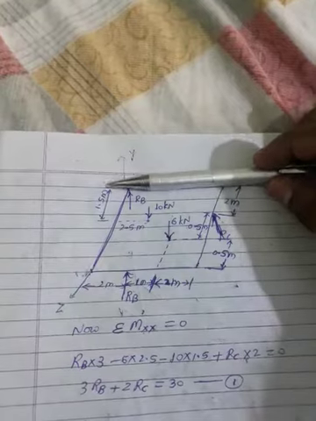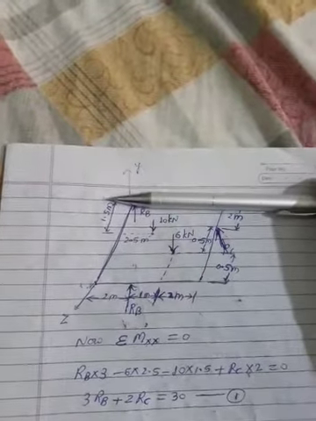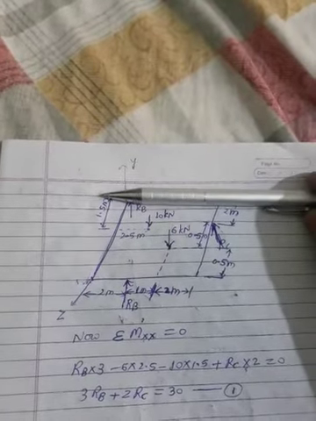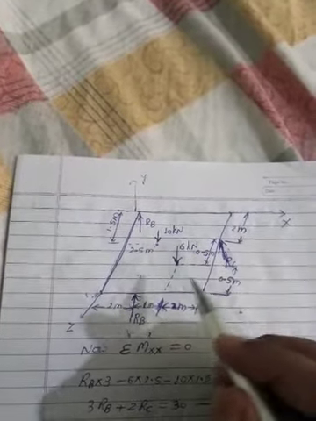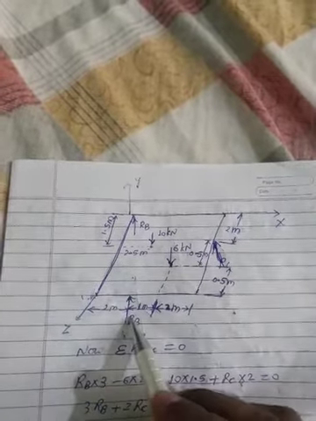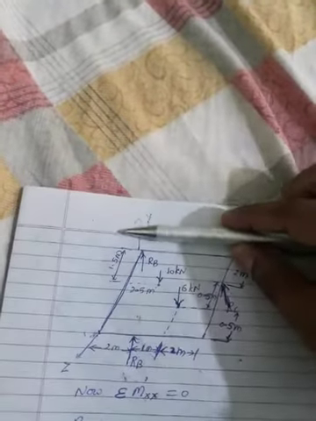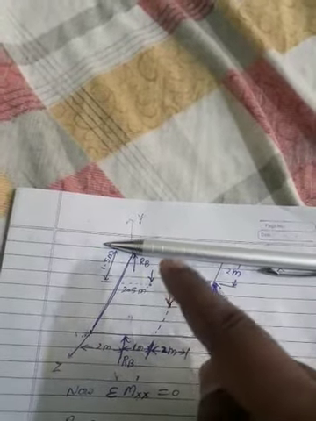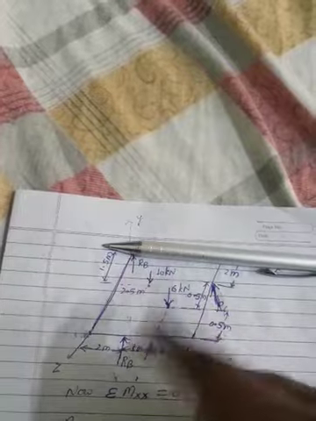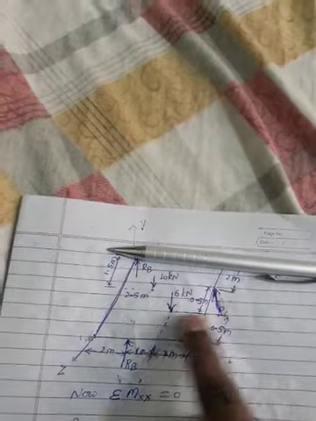For taking the moment about the x axis, I am keeping the pen here. You can keep your hand here like this. After keeping the pen on the x axis, the reaction RA passes through point A, so it will become 0. Now only the forces RB, RC, 10 and 6 remain. Now I will set the direction of rotation about this axis. This 10 kilonewton will rotate anti-clockwise, this 6 kilonewton will rotate anti-clockwise. RC will rotate clockwise, and RB will rotate clockwise.